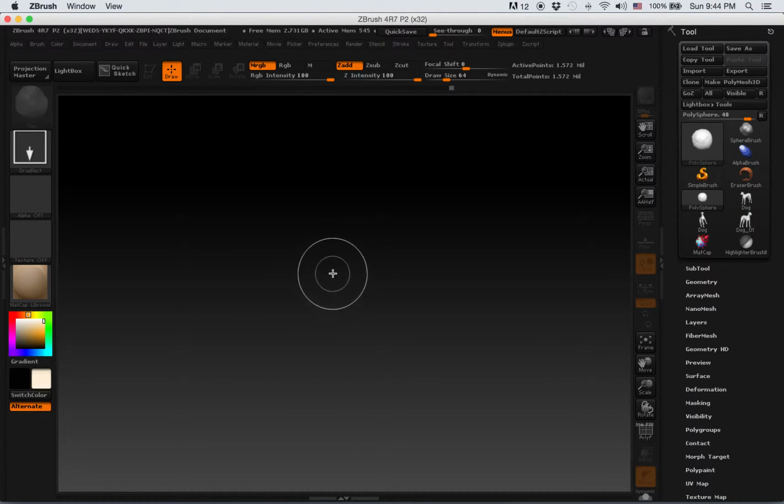So in this video we're going to look into how to save a ZTool. Usually what I do is sculpt, so I don't use much poly painting. If you want to save the entire file and you're using a lot of poly painting or rendering, you might want to save the whole document and the whole project as a project. But in most cases, the ZTool is